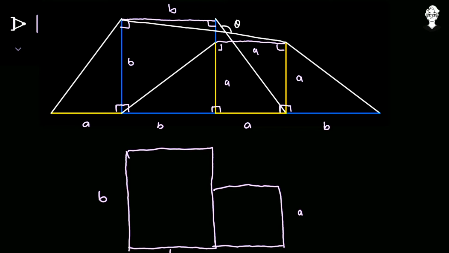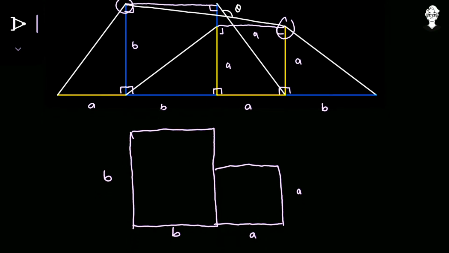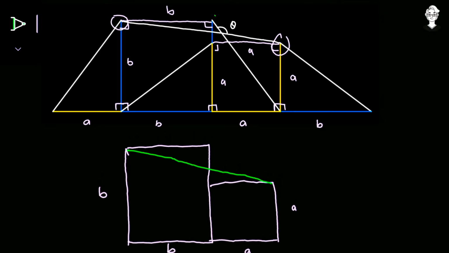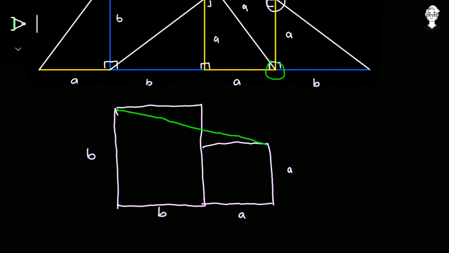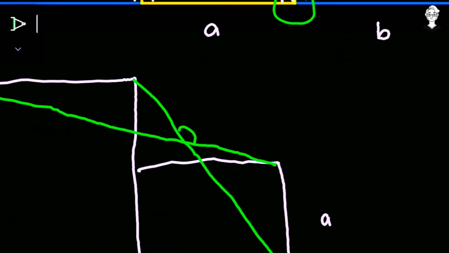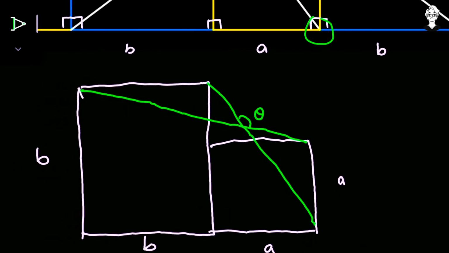Okay, now let us focus on these two intersecting lines that give us the angle, particularly theta. So the lines are from this corner to this corner. So in this also we will mark that particular line. Let me change the color. So from this corner to this corner we have the first line. Now the second line is from this corner to this corner. So from this point to this point, and over there the angle present is going to be equal to theta. Okay, we have to find that missing angle.